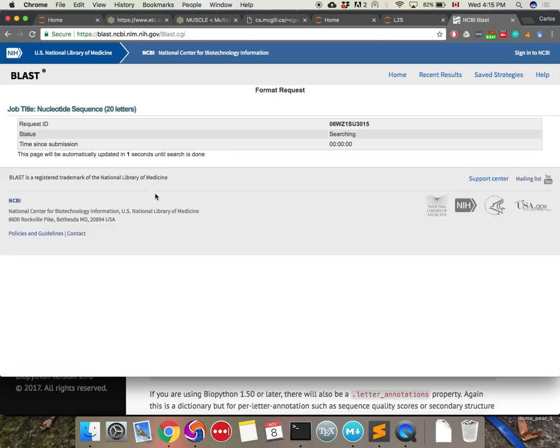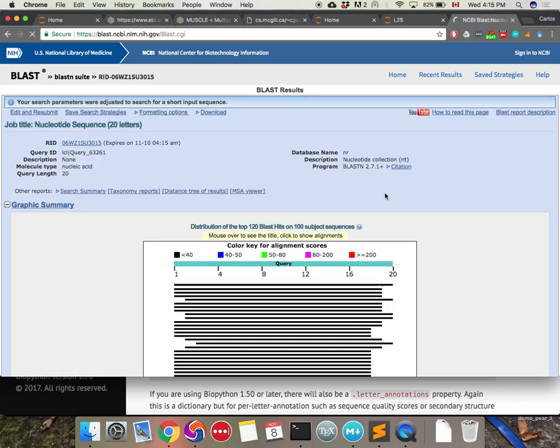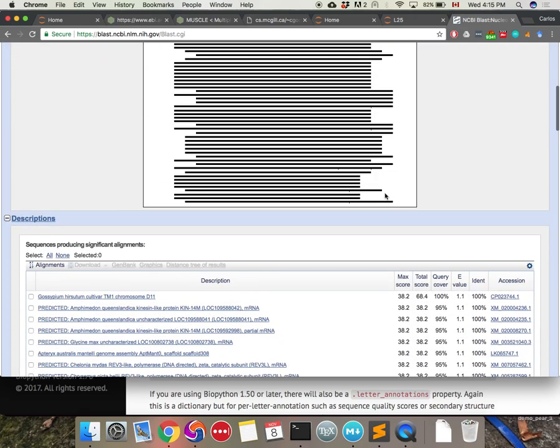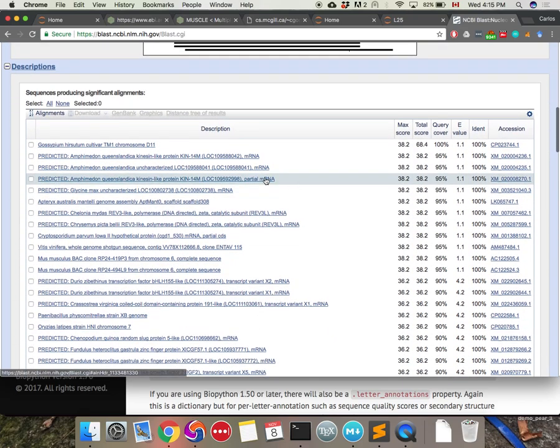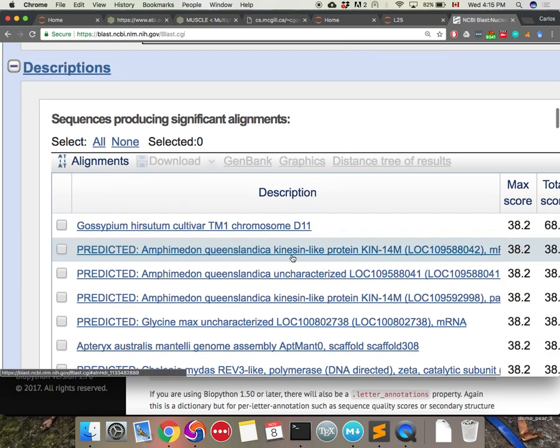And then it's going to take that string and look where it occurs in this big database. It'll take a few seconds, and it should get back with some results. I really just punched my keyboard for that sequence, so I don't know if it means anything. Yeah, there we go. Okay, so it looks like there's some matches here. For example, it looks like this sequence is found in some